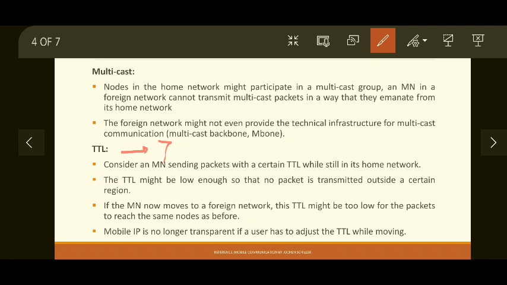to the destination. So if the MN wants to send a packet with a certain TTL, let's say TTL is equal to 5, that means within 5 hops the packet should be delivered to the destination. Now it will work when the mobile node is in the home network because the path is clear, already calculated by the home router or home agent. But if this TTL is low, so that the packet will not be transmitted outside that